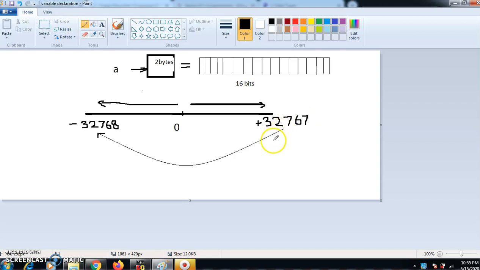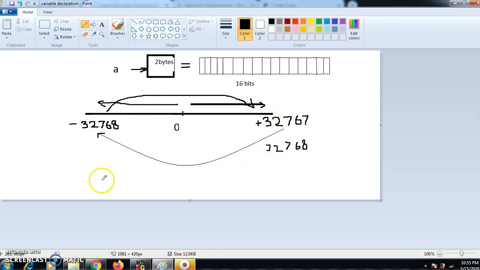But when we gave 32,768, it gave me the answer minus 32,768. That means after reaching the last limit of the integer value, it goes back to the first value, minus 32,768, and again starts in rotation. This is how the value is going to be printed, right?